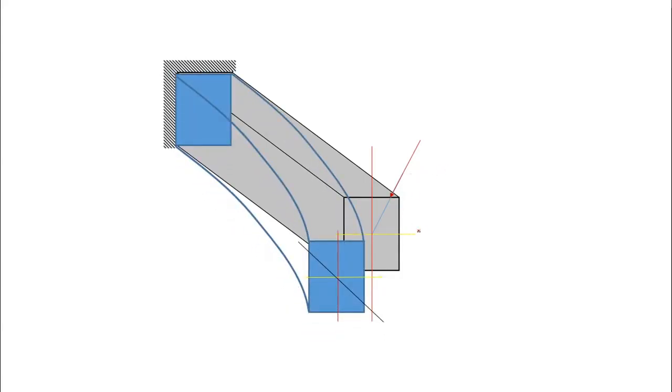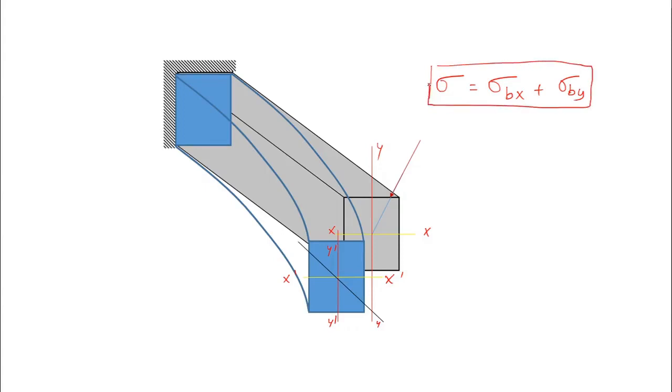Here you see your x-axis, originally it was here, it has moved to here, x dash, and the y-axis, originally it was here, it moved to y dash. So the bending is taking place simultaneously about the x-axis and y-axis. If you want to find out sigma, sigma will be bending about the x-axis plus bending about the y-axis. To find the stress at any point in the cross section, you have to add bending about the x-axis and bending about the y-axis, because you can resolve this